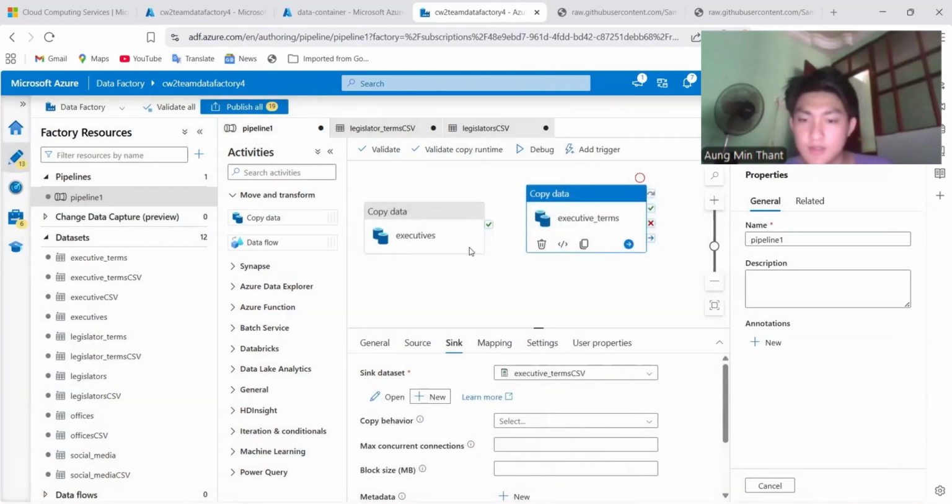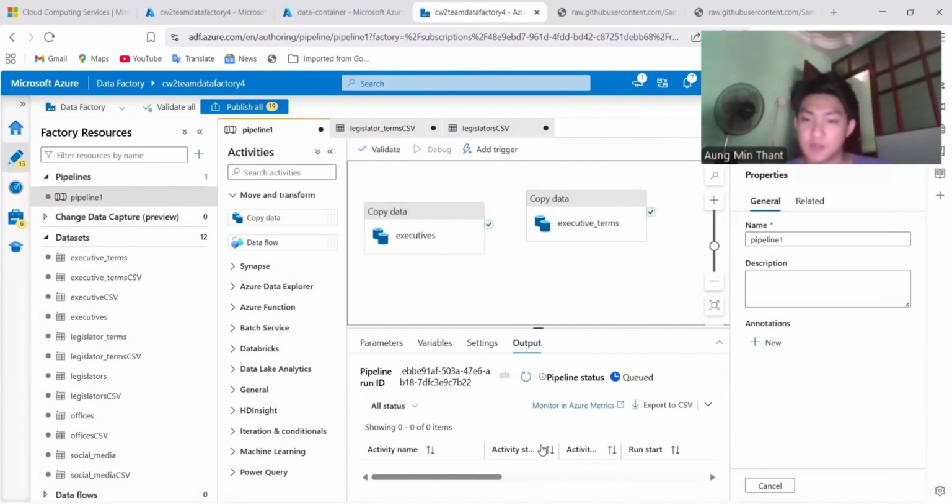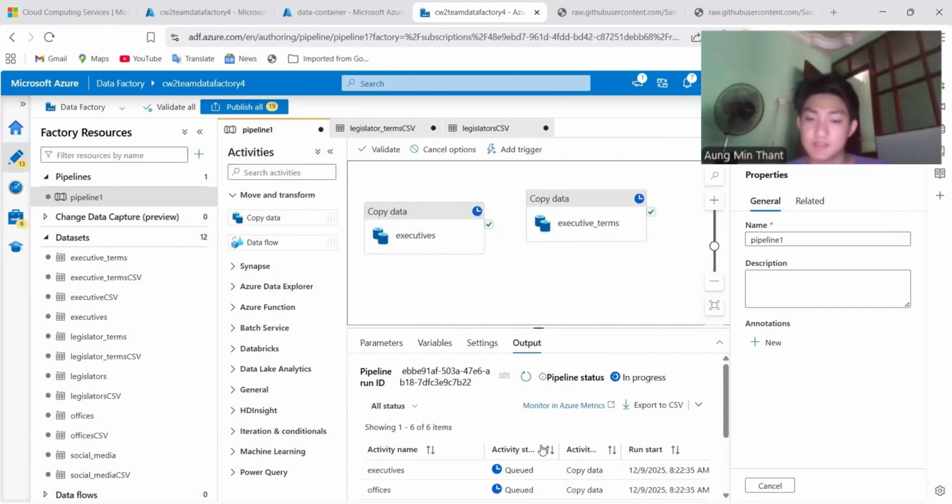Now that all 6 activities, offices, social media, legislators, legislative terms, executives, and executive terms are configured, I will run